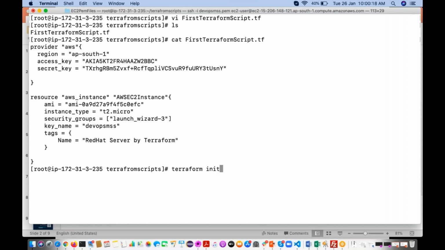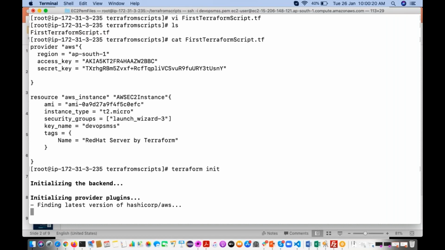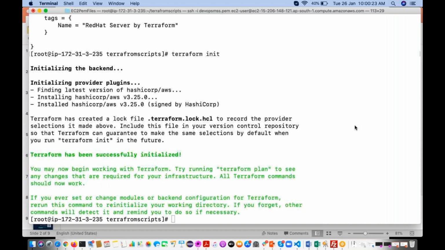Okay, so once you execute this command, it is going to initialize your provider. See here, it is going to initialize AWS version 2.50. So internally it is going to call some APIs. All those APIs are going to be initialized now based on your provider section.